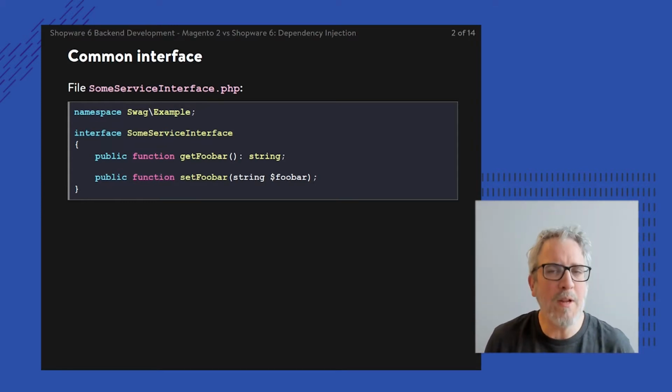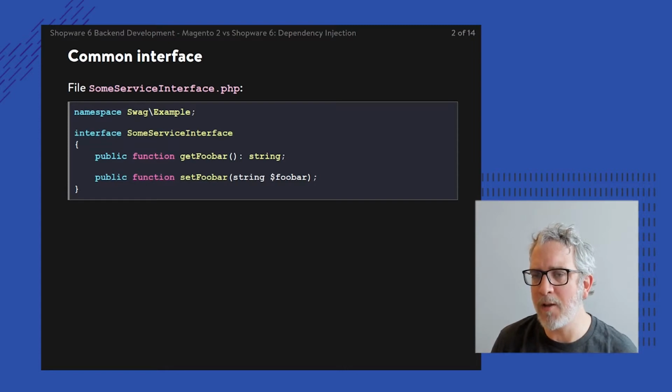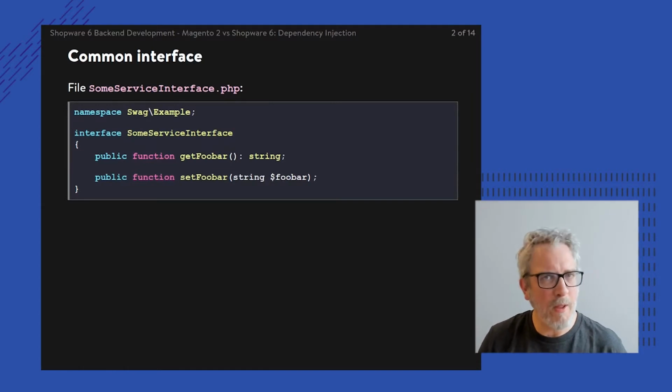As soon as we talk about dependency injection, we also need to talk about the classes that you could inject. So I'm coming up with a little dummy example to help you understand the code better, starting with an interface.